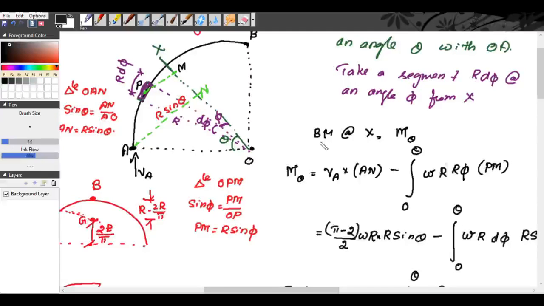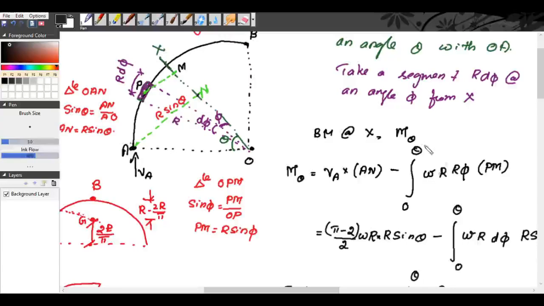This is bending moment. Bending moment at X is VA into AN, right? Whereas twisting moment is VA into XN. That is the distance perpendicular to this AN with respect to XN. So for twisting moment, it is VA into XN